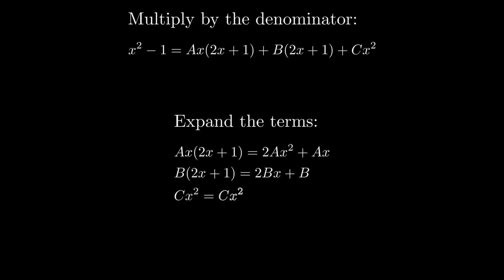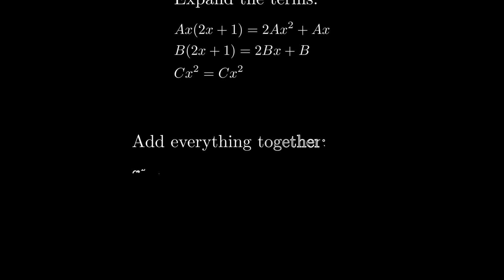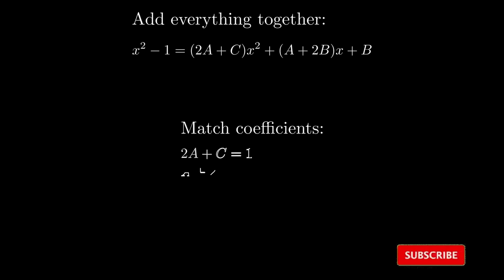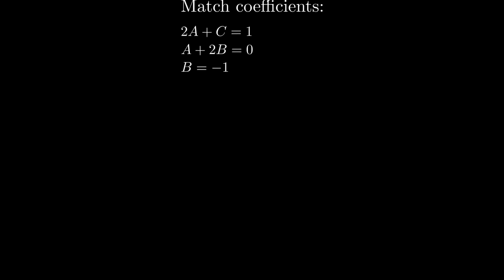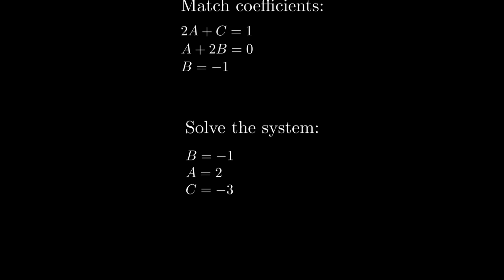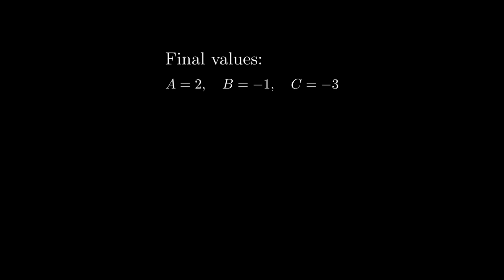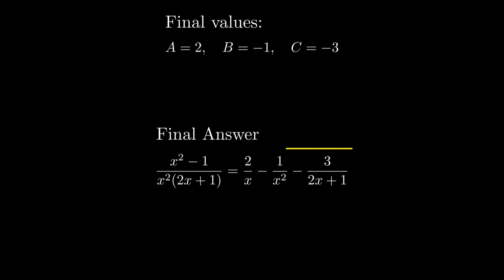Now we expand each expression on the right side. We combine like terms, x squared, x, and constant. We match the left side and right side to get equations. Solving these, we get b equals -1, a equals 2, and c equals -3. Here are the final values for a, b, and c. So the final answer is